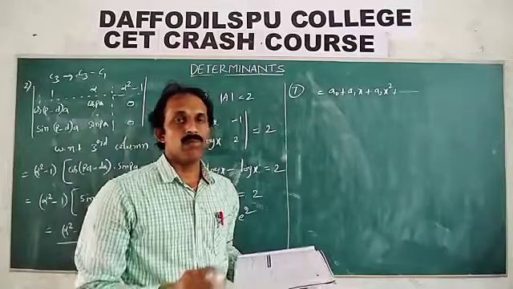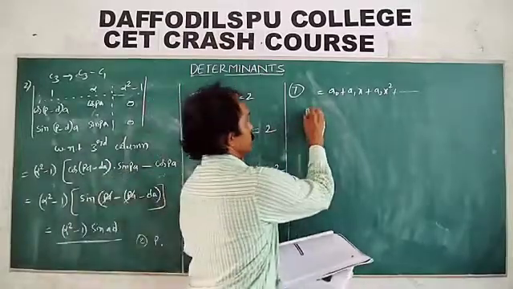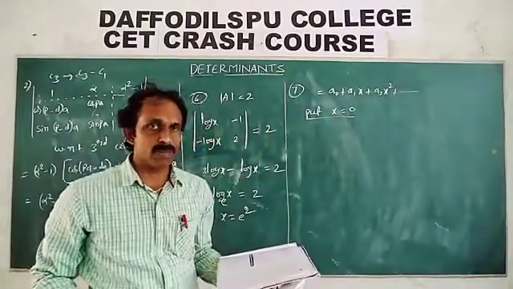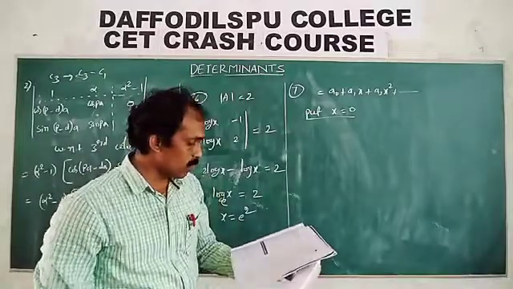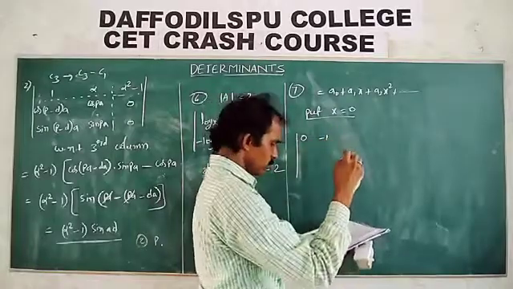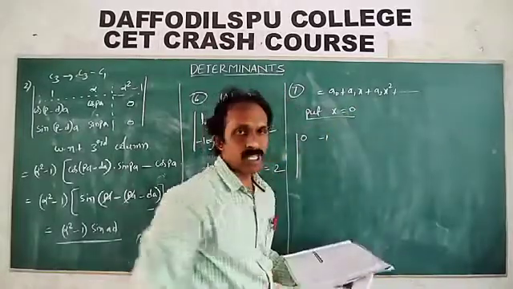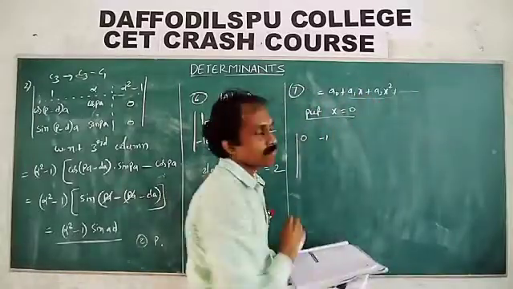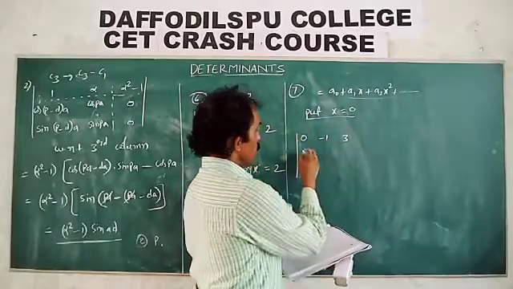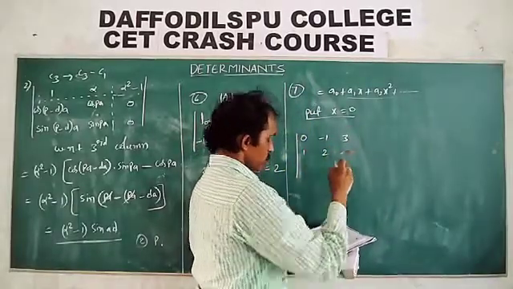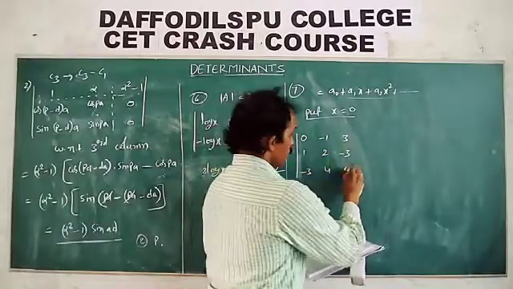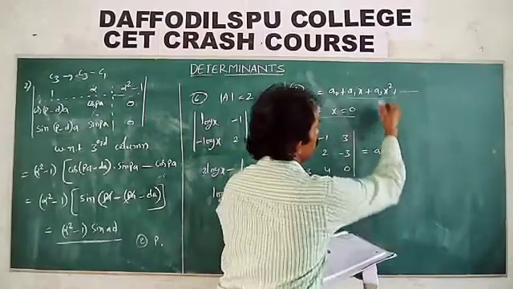Better shortcut method. Put x is equal to 0 in the determinant. If you want x square, it is compulsory to expand the determinant, but they ask constant, so put x is equal to 0 in the left side determinant, then that is 0, minus 1. Both sides you put x is equal to 0. These terms are zeros. Therefore, the values 3, 1, 2, minus 3, minus 3, 4, this is 0 and this is a naught only, remaining all zeros.